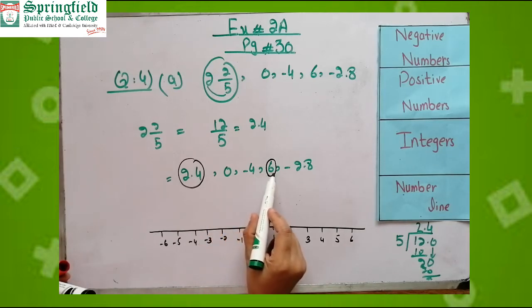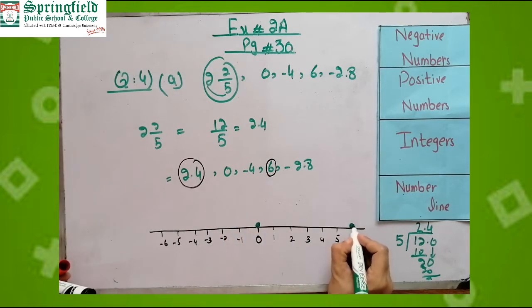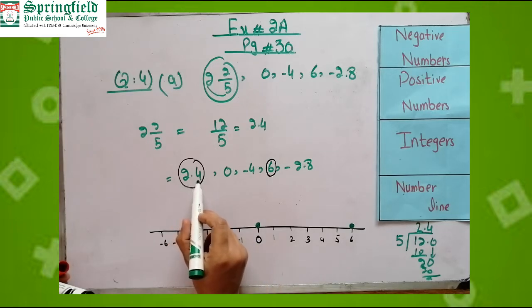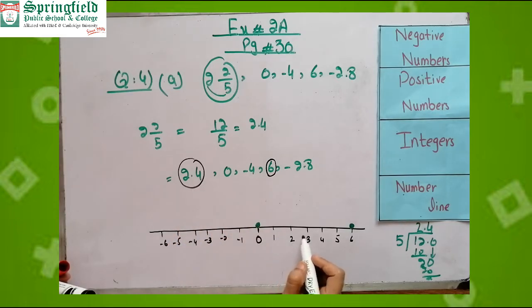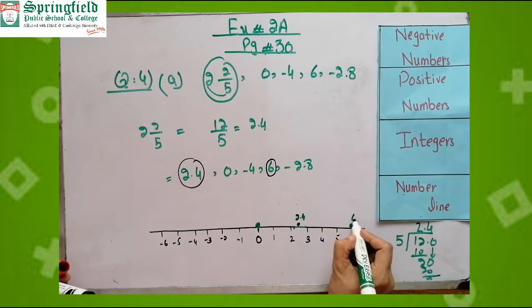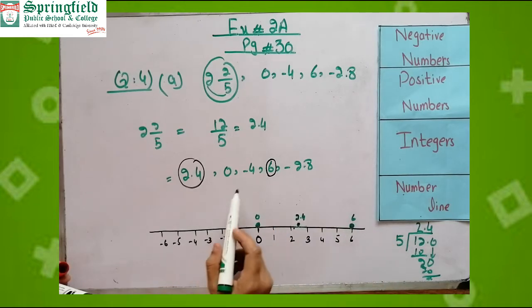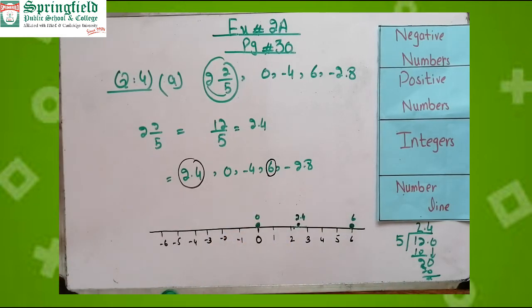and then after the 0, the positive number is 6, and the other positive number is 2.4. 2.4 means between the numbers 2 and 3 there are 10 small lines. 1, 2, 3, 4, 5, 6, 7, 8, 9 and 10. So 2.4, 1, 2, 3 and 4. So you can write 2.4, 6, 0, and then the other numbers, the negative numbers,